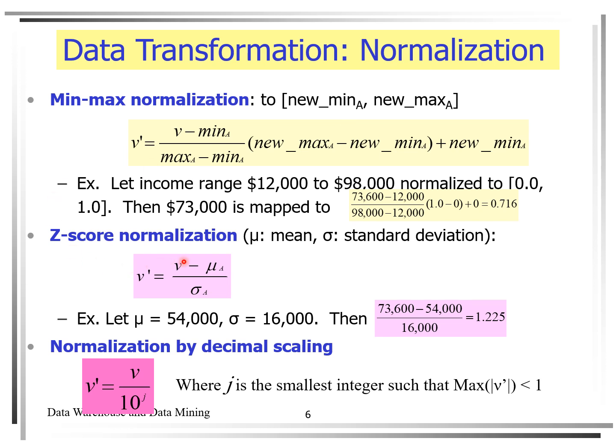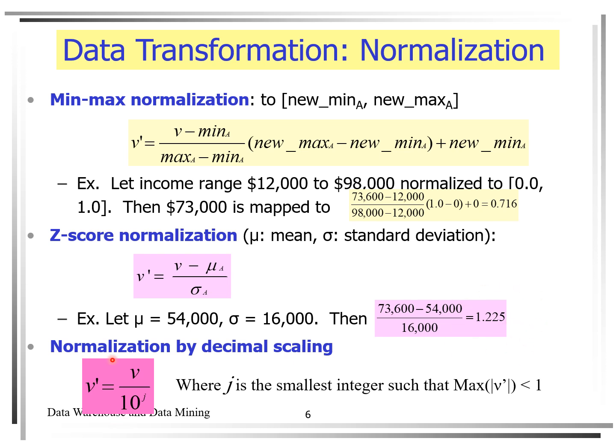The second type of normalization is z-score normalization. In this case, we will be using the mean, mu, and the standard deviation. For example, we have the mean to be $54,000. The standard deviation is 16,000. In this case, the value that we want to normalize is 73,600 minus 54,000, which is the mean, divided by 16,000, which is the standard deviation, and the value is